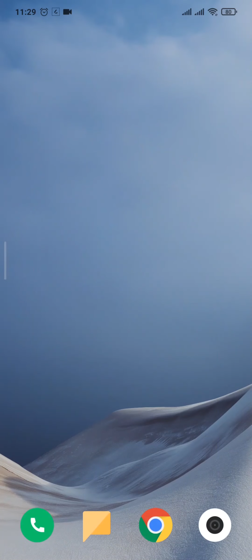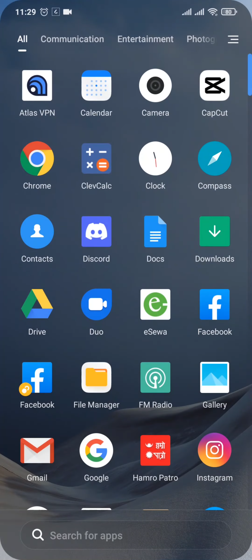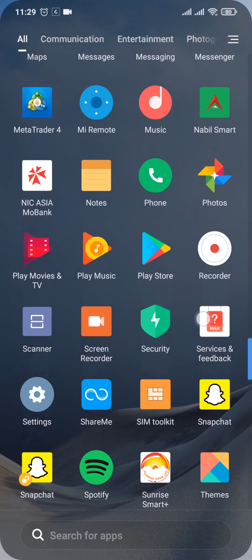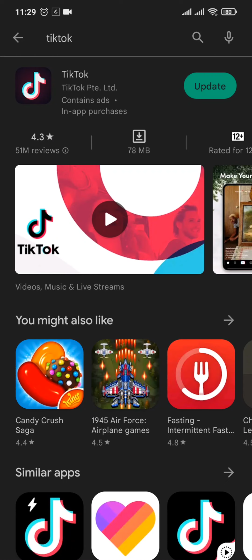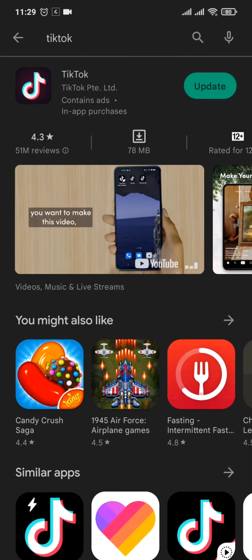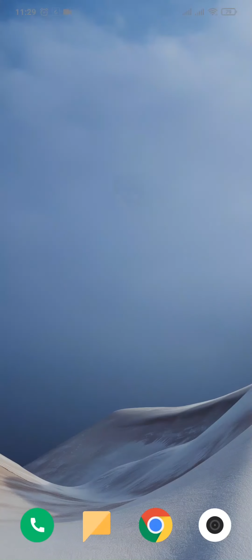If you still don't see that filter, you can try to update your TikTok app. Open up your Play Store or the App Store and then search for TikTok. Now if there is an update, make sure you tap on update and update the app. Updating apps helps to add new features or helps to fix any kinds of bugs which may be causing